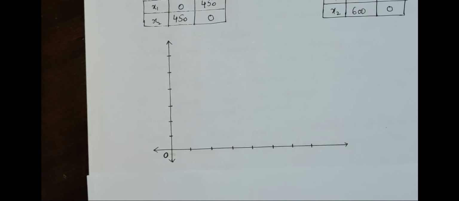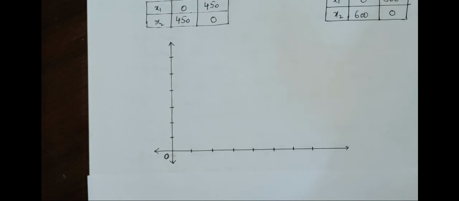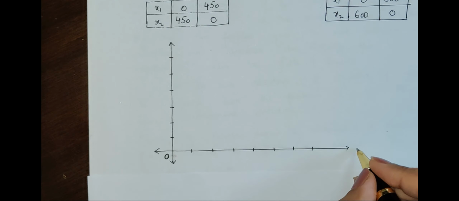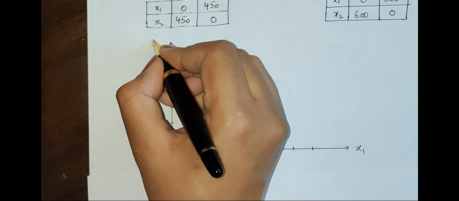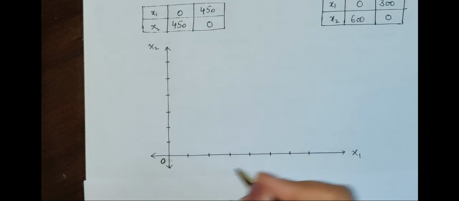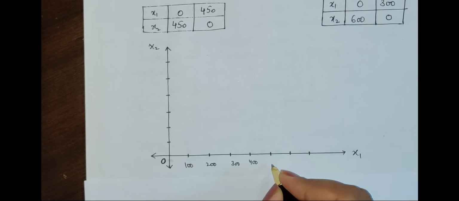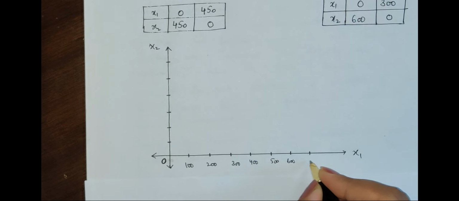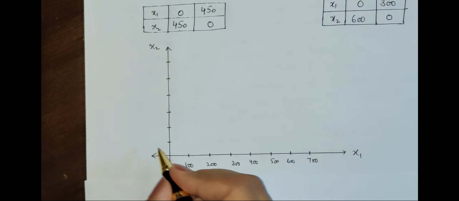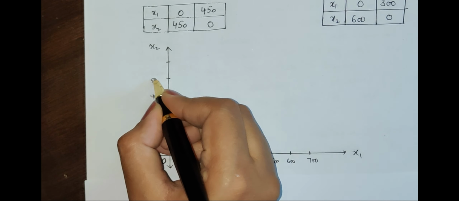So this is the graph which I have taken, and now I can see that I have these two coordinate axes. So there are two variables x1 and x2. Let us take the x-axis as x1 and the y-axis as x2, and now let us plot the points. We'll take a distance of 100, say 100, 200, 300, and similarly on the y-axis. Now let us plot the two lines.